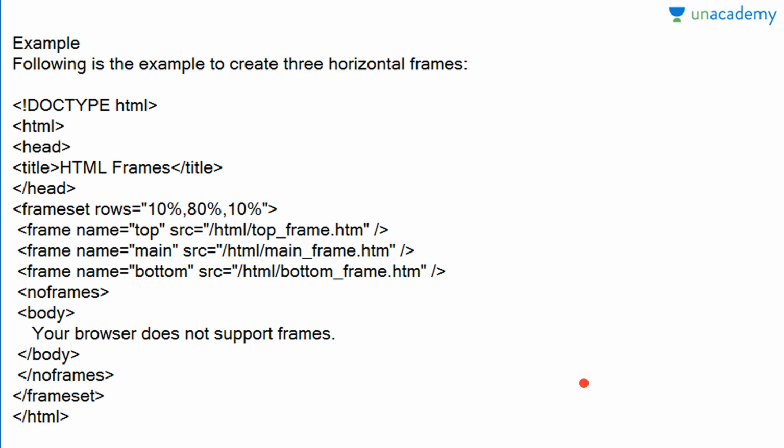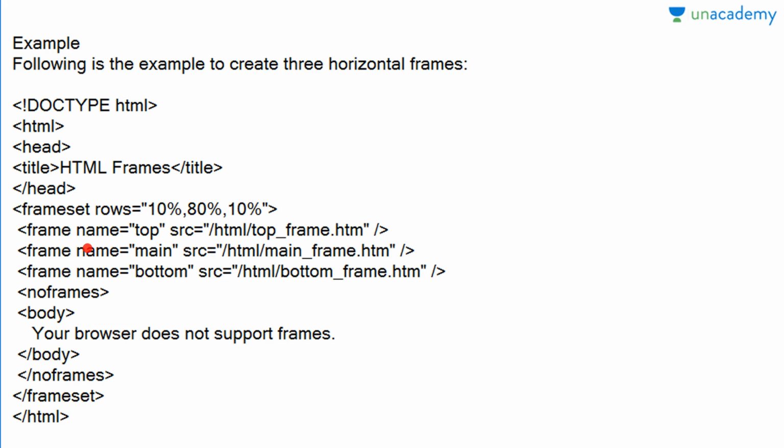So this is the benefit of giving the percentage, and you can even use the px value or the asterisk value. Means these are the other values that you can use to define the space, that we will talk about later. Then we need to define the frame name. Means you have given 3 frames, now you need to specify the frame names of these, and also the source from where it will get its own data.